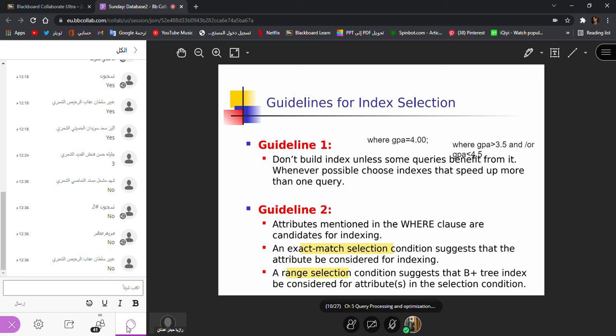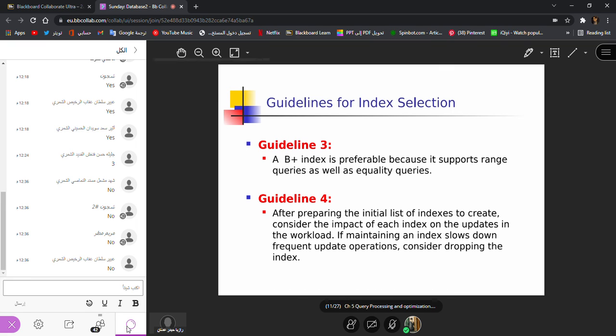So for both of them, they are saying, okay, you can create the indexes. For exact match selection, okay, you can do the indexing. But for the range selection, there is a special kind of indexing, B plus tree. It is something related to your data structures. B plus tree is good for insertion and deletions and searching purposes. It's a data structure. So you can create the B plus tree indexing for that. We will not go into too much detail.